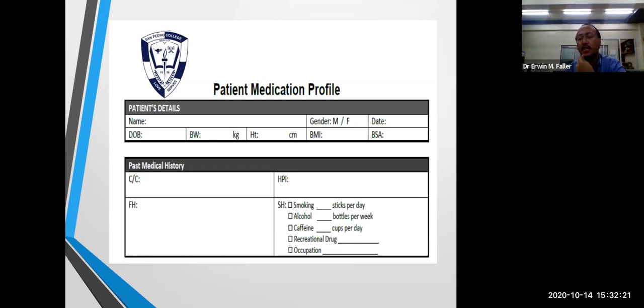So you'll be able to ask if there are any other drug abuse or potential drug abuse by the patient. And of course, the occupation. The occupation may also help identify, for example, if the patient has asthma or respiratory diseases, and that may promote more of the asthma or respiratory diseases.